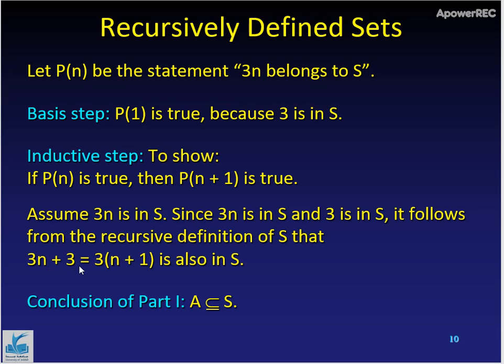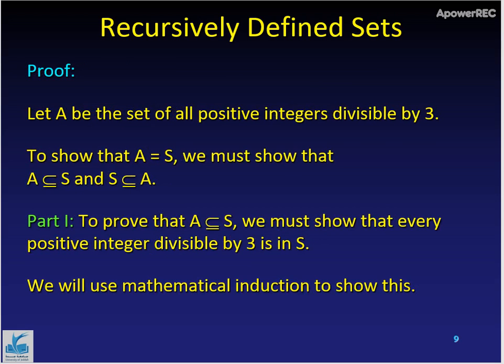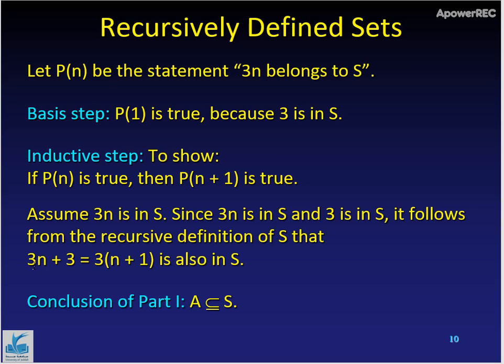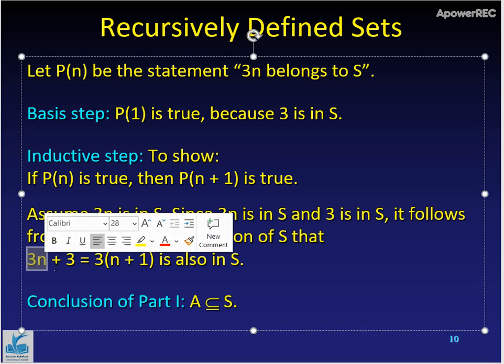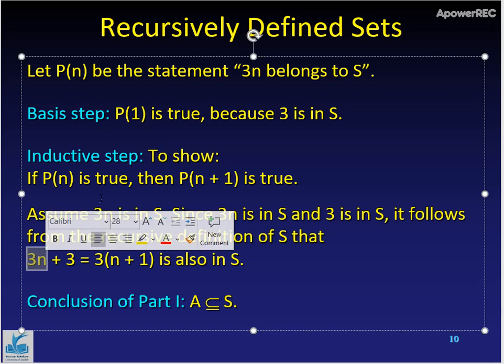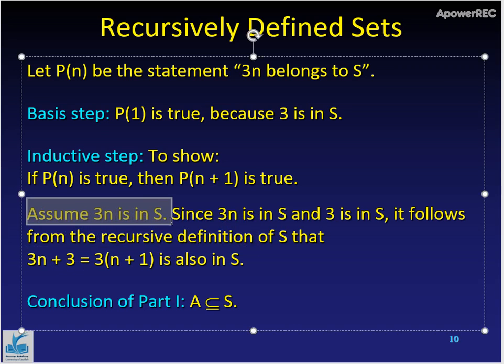Why? Because if we look at the definition of S, it says that if there are two elements X and Y in the set, then their sum also belongs to the set S. So here we have two elements which are in S, 3n and 3. 3n is in the set because we assume this to be true by the inductive hypothesis, and 3 is in the set by the definition of the set S,